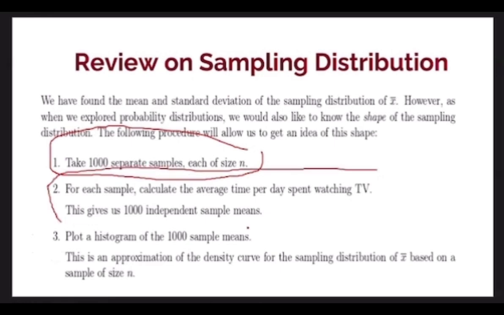for each sample, calculate the average time per day spent watching TV. And this gives us 1,000 independent sample means. This accounts for the reason why researchers actually have different results when they are working on the same goal. That can be attributed to sampling error, because the participants in my cohort are different from the participants in your